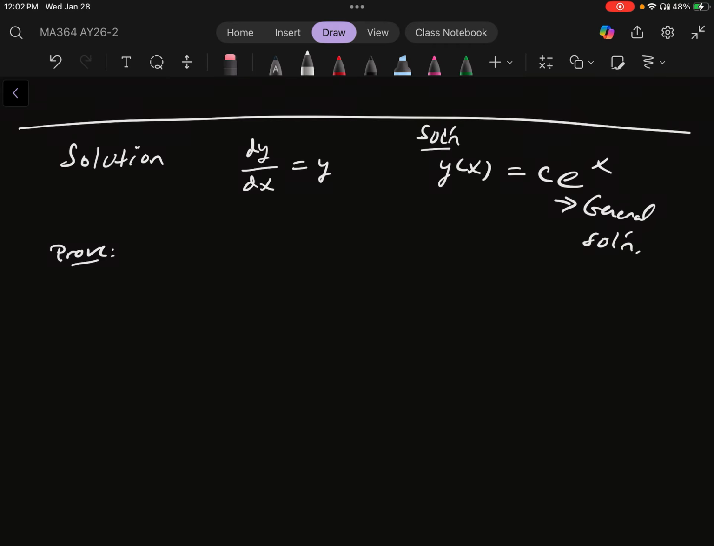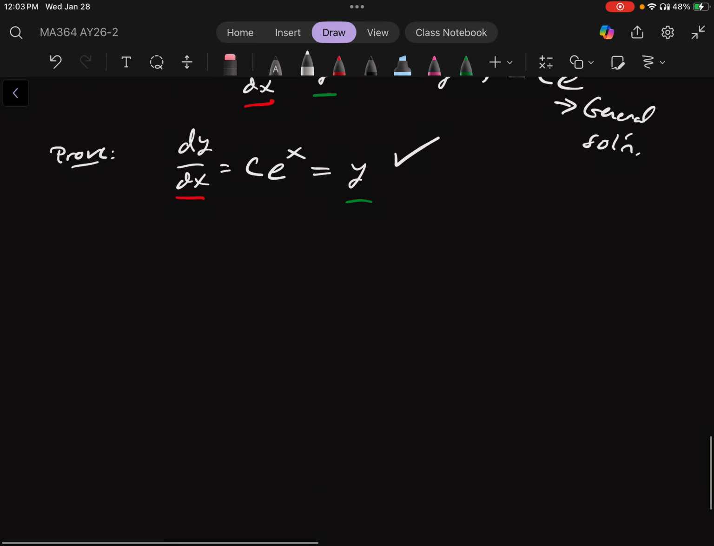Well, I would take dy/dx, and if I take the derivative of c times e to the x, it's actually just itself, c times e to the x, but that's actually the original function y. So I've indeed shown that dy/dx is equal to y. And I've proven essentially that it solves that differential equation. And visually,